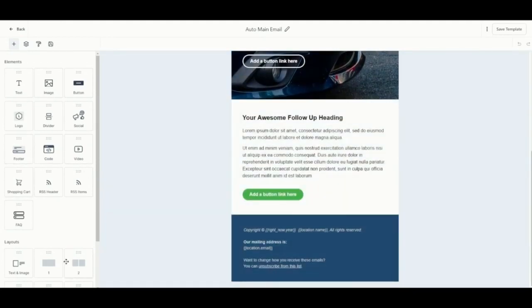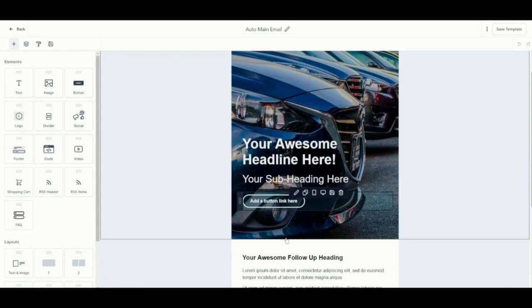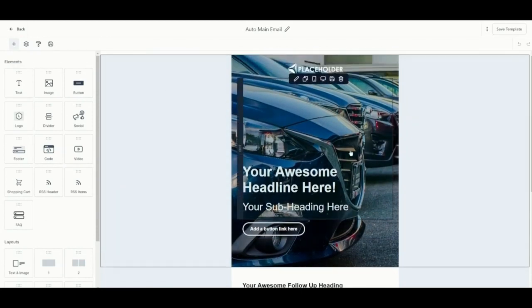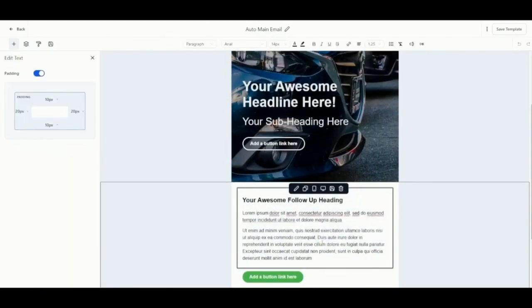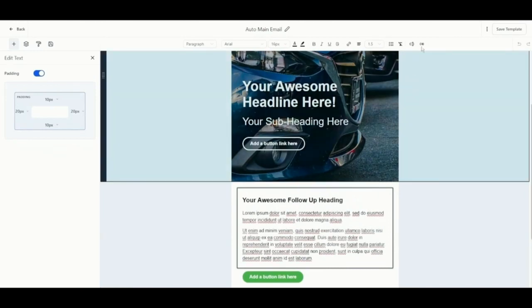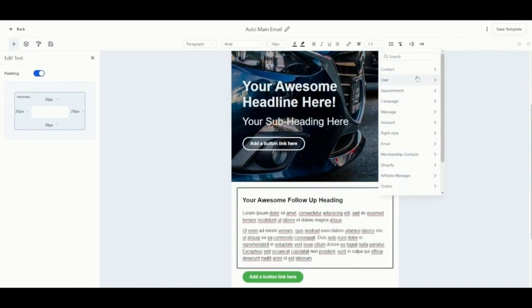So it's a really easy drag and drop email builder. We can also add in certain elements here. When we click on the text, we can add in custom values. So we can add in the contact information, and we can add in user information here. We can even add in, let's say, their membership information here, the login URL, the email, and the password that